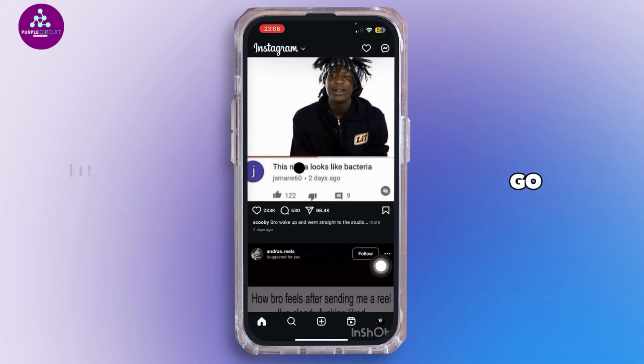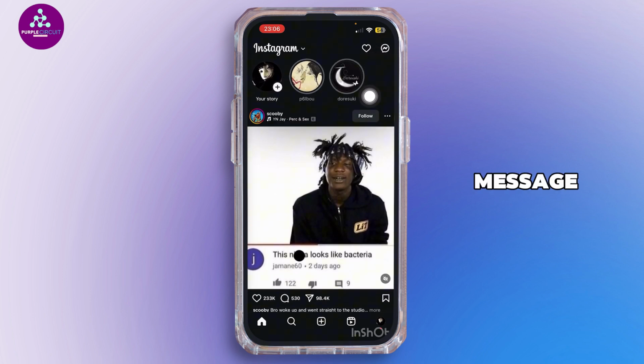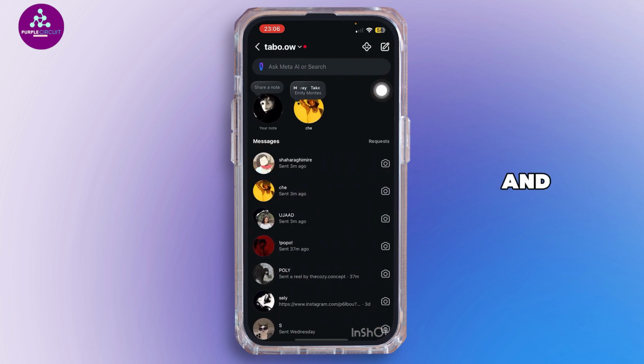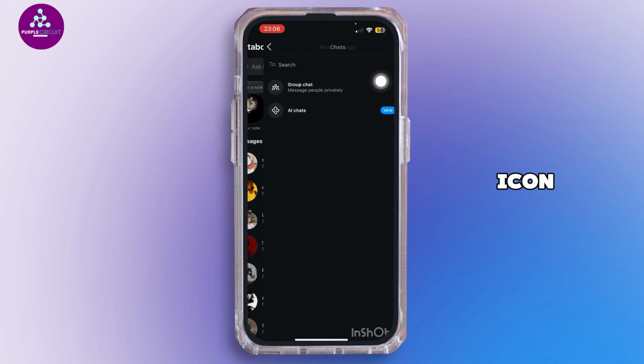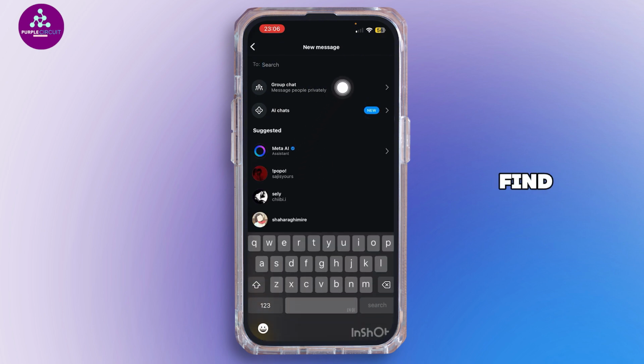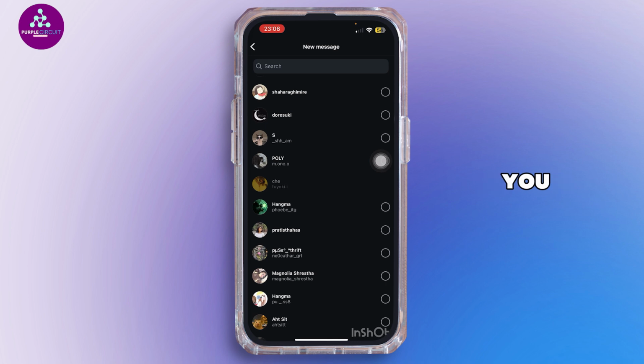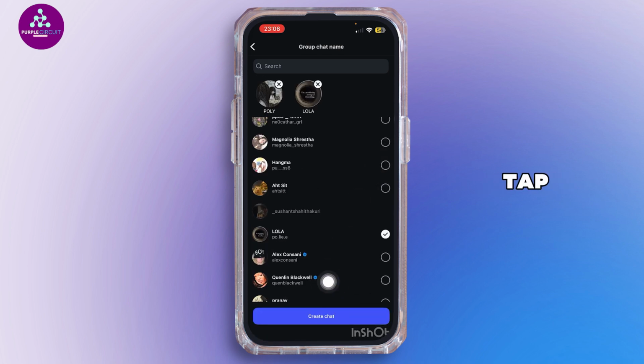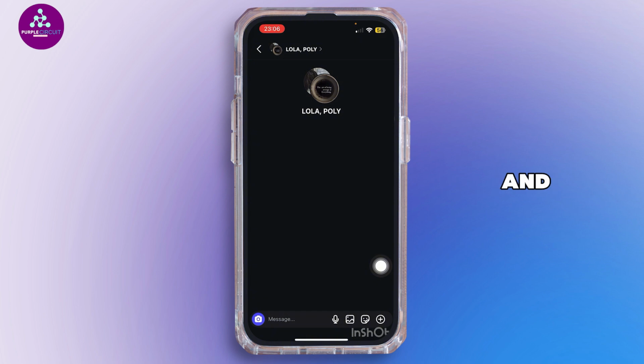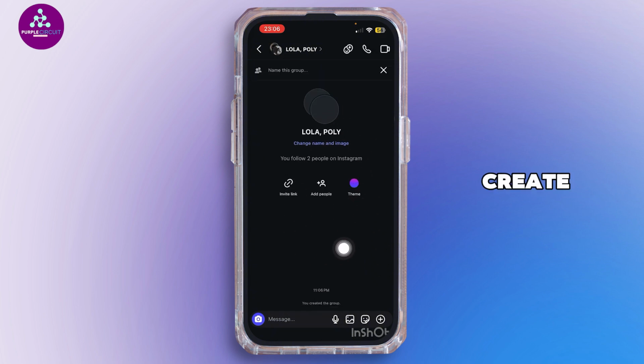Once logged in, you want to go ahead and simply tap on the message icon right over here, and then simply tap on this little icon. Now you will then be able to find an option that says group chat. Tap onto it and then select the person you want to create a group chat with. Once done, tap on create chat, and just like that you will then be able to create a group chat